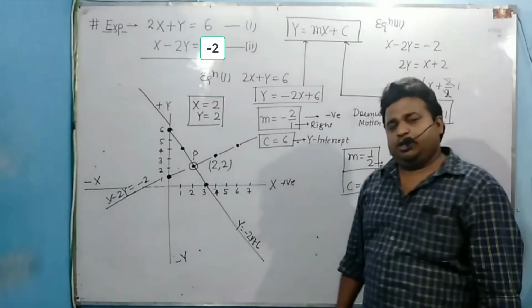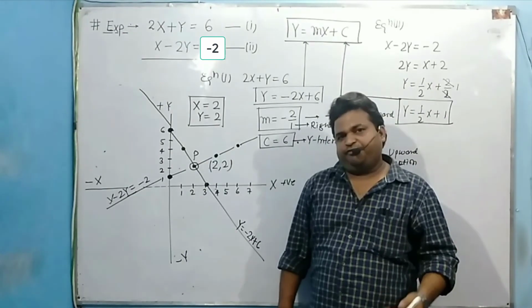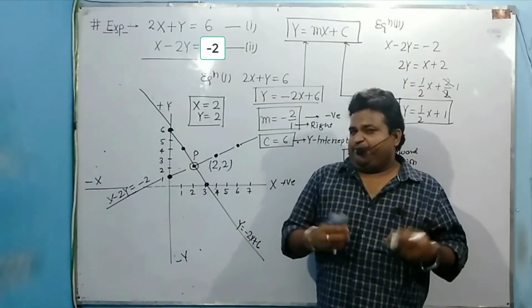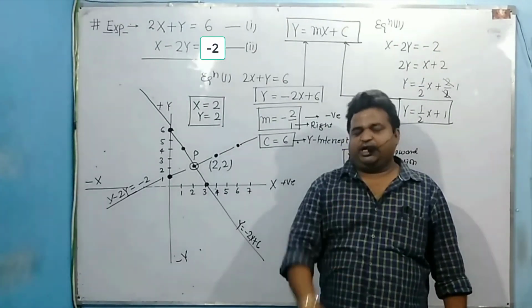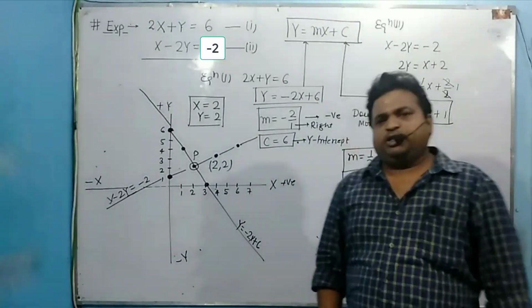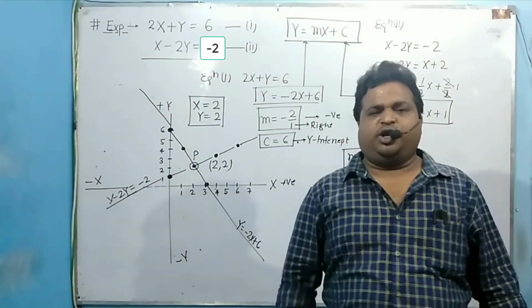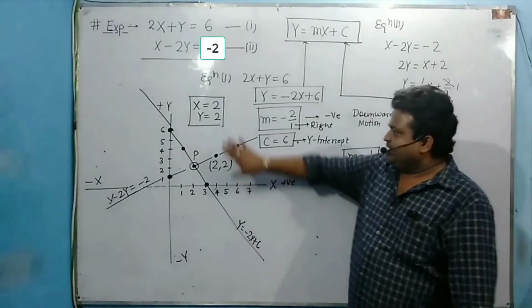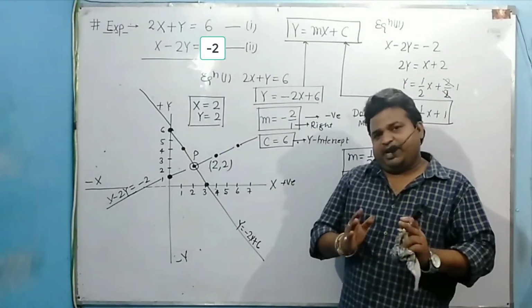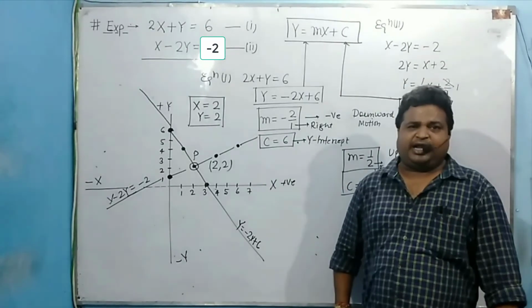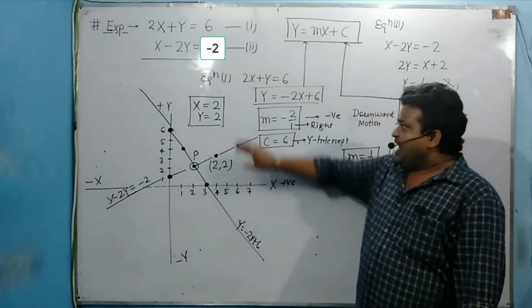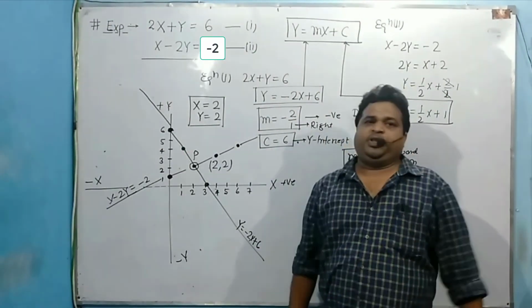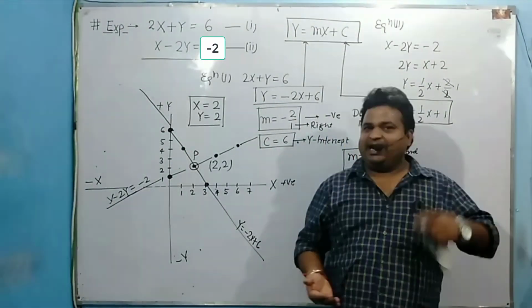Again, you will get the same result. The beauty of the method is that if you apply any kind of method, you will always get the same result. But the method and concept must be clear to all of you. Otherwise, if there is any error, you will not get the same result. I advise all of my students, parents and teachers that after putting these values in an equation, you will get equality of both sides, left hand side and right hand side.